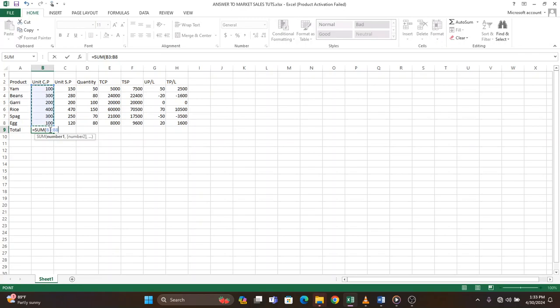All right, so from what you see here, it also gives you another way you can enter the range of cells you want to find the sum for. So this will be a much faster way if the number of cells you want to add up are very large. All you need to do is just type in the address of the first cell, put a colon and type in the address of the last cell, and that's it. Okay, so after you do this, just press enter and it will give you the totals. All right,